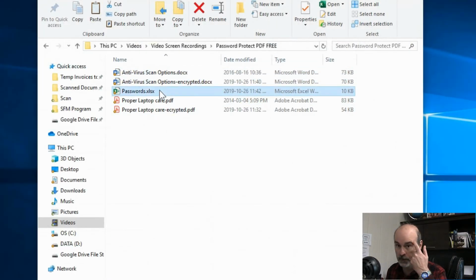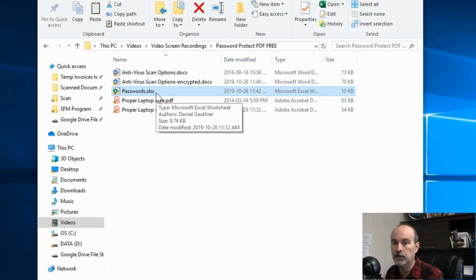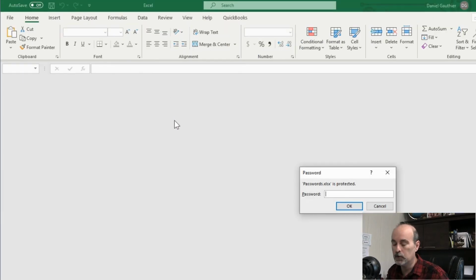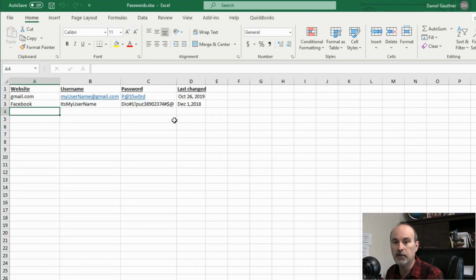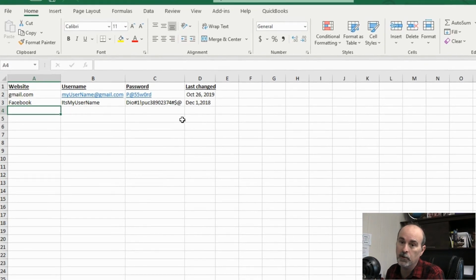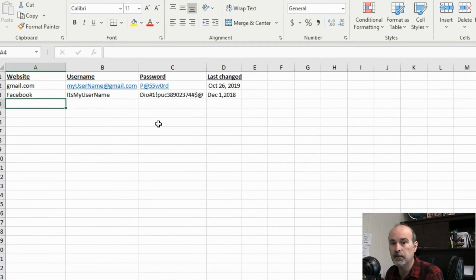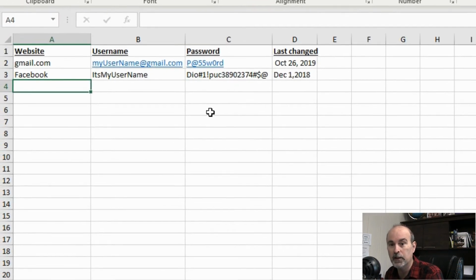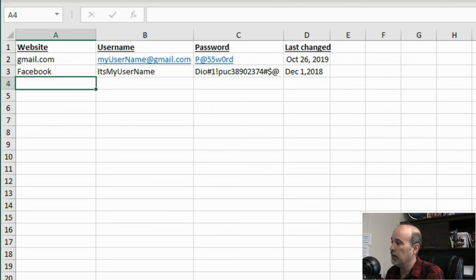Now I've only got the one document here. I don't have a copy of it that's encrypted because I told it to overwrite it. So gotta hope I type my password right, or else I am screwed. Which is why I recommend having it renamed first. Password, and I'm in. So luckily I didn't screw that one up, even though this is just a test and this is all bogus information that I have in here, because of course I wouldn't be sharing my passwords for websites here in a video. But you have an idea of how you can track your passwords with this helpful format.